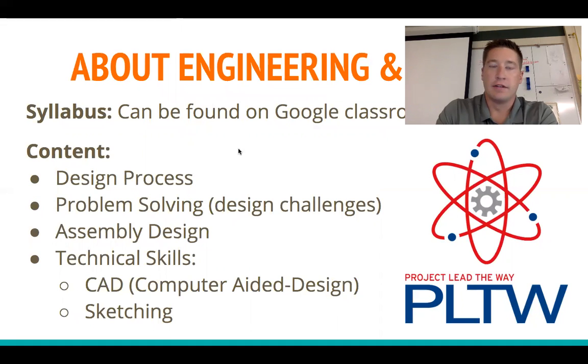So for the content of this class, one of the big things that we look at is the design process. What is it that actually goes into innovating or solving problems? So starting with just brainstorming and coming up with an idea, starting before that, even identifying the problem and knowing exactly what it is we need to do. We kind of go through that whole design process. It's a little bit similar to the scientific method, but focused specifically on how are we going to solve this problem. And then also how are we going to document all the things that we're doing in order to solve this problem. So a lot of that part is kind of documentation,